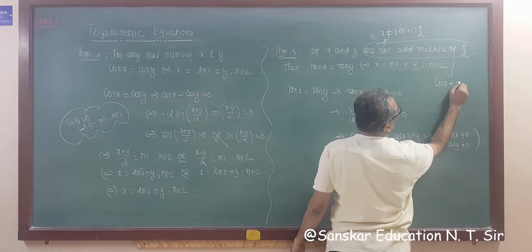You have to remember these three formulas. This is one, that is this statement: theorem number 1, theorem number 2, and theorem number 3. You have to remember these three formulas, right? The solution set of sine, cos, and tan, that you have to remember. Okay. So now